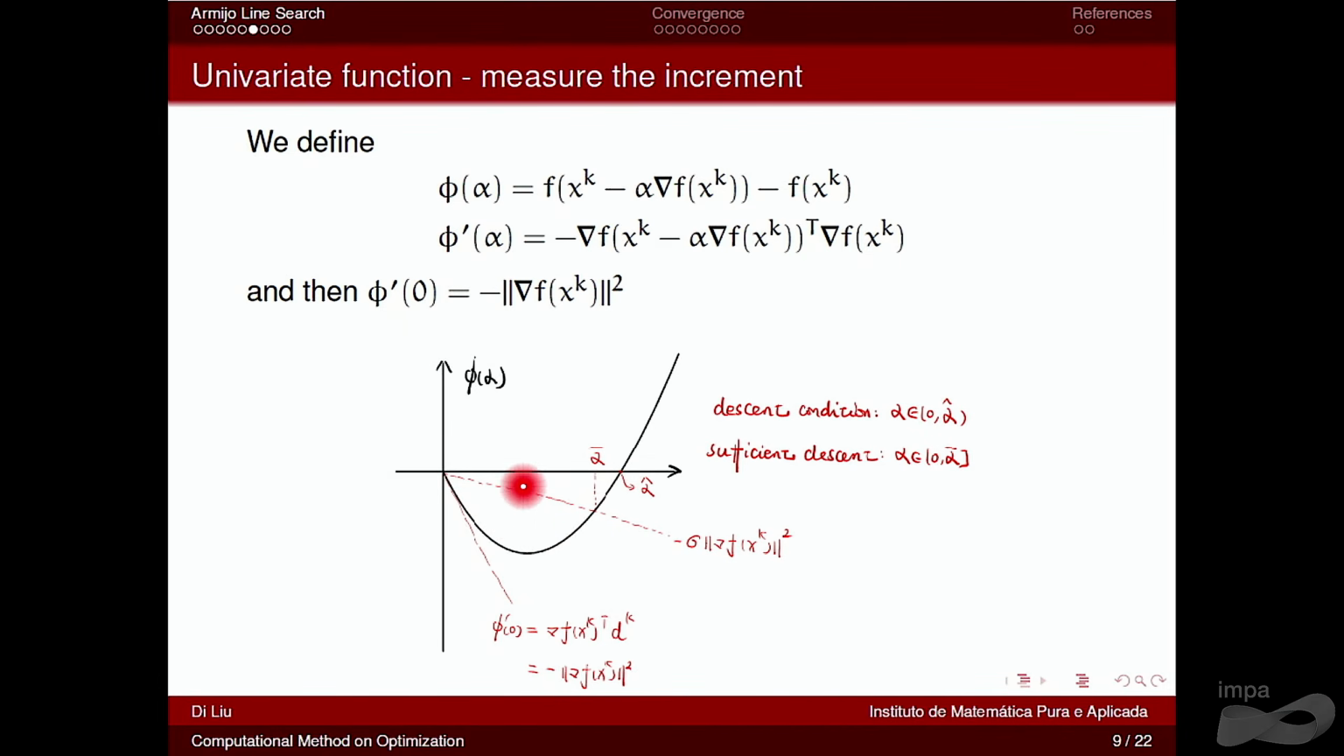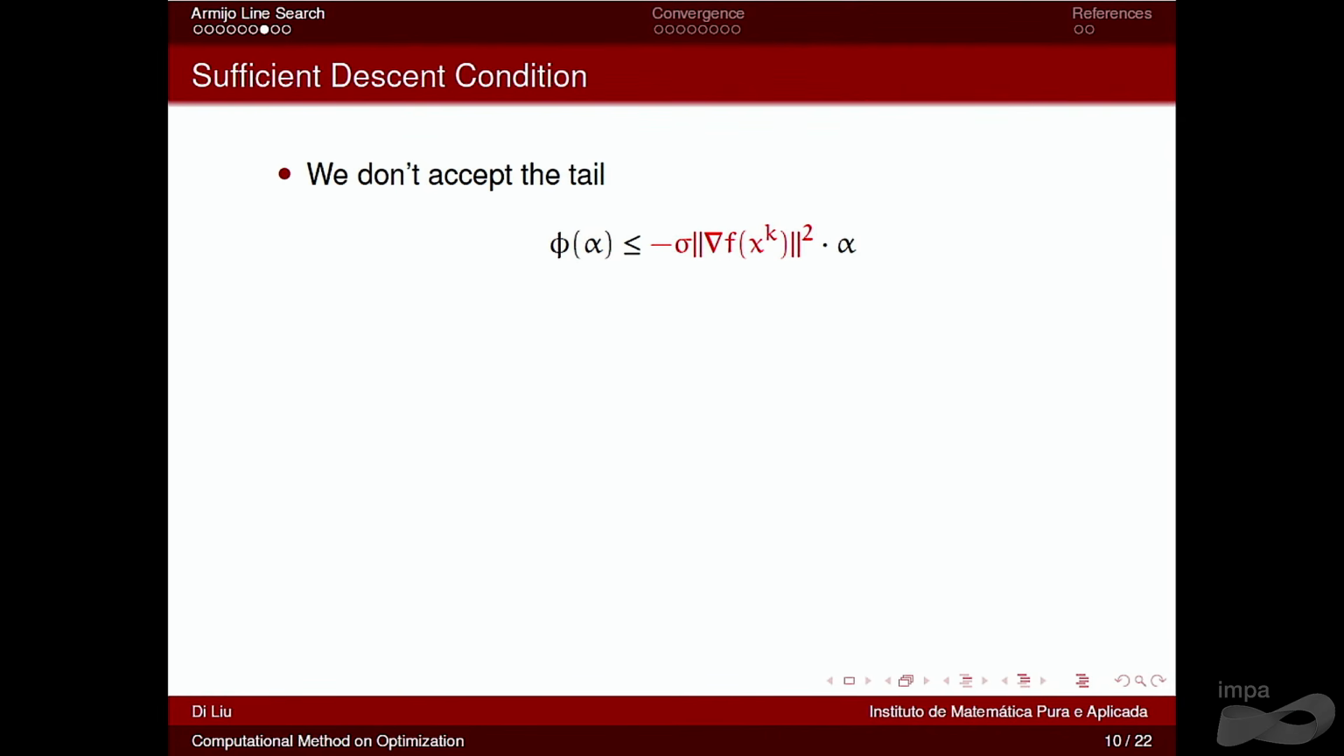But we want the point below some line which has a higher slope. So we multiply by a sigma which is greater than 0 but less than 1. So we have a line here with a higher slope. So we want the step size which belongs to this line. So this gives this inequality. We want this